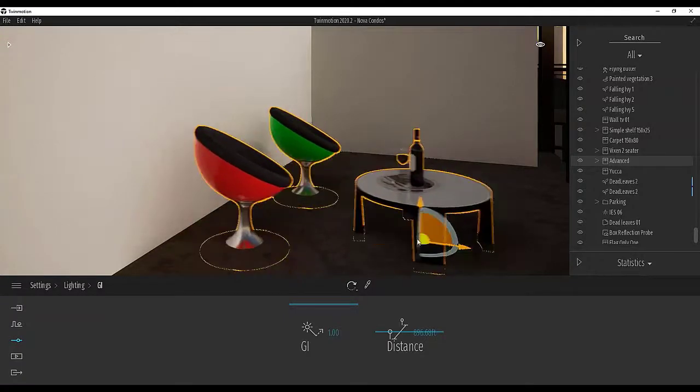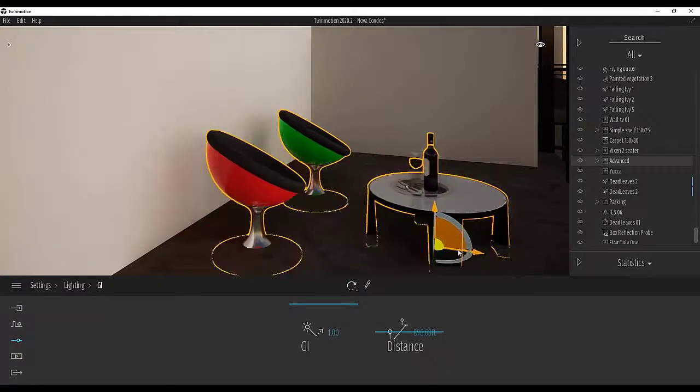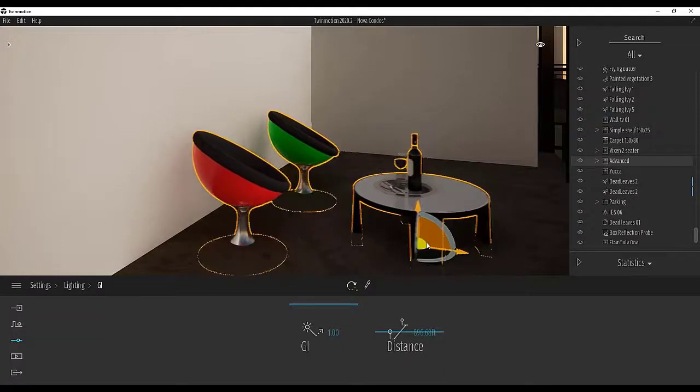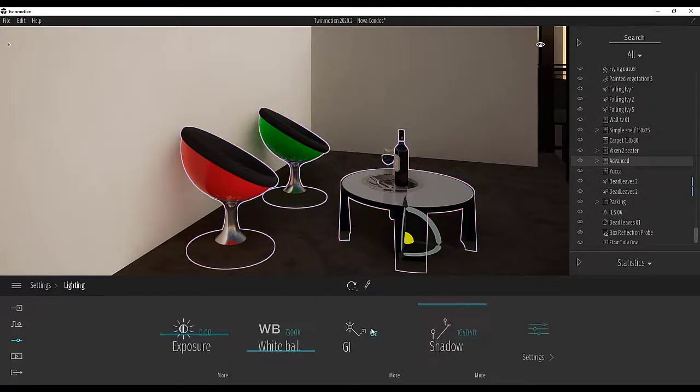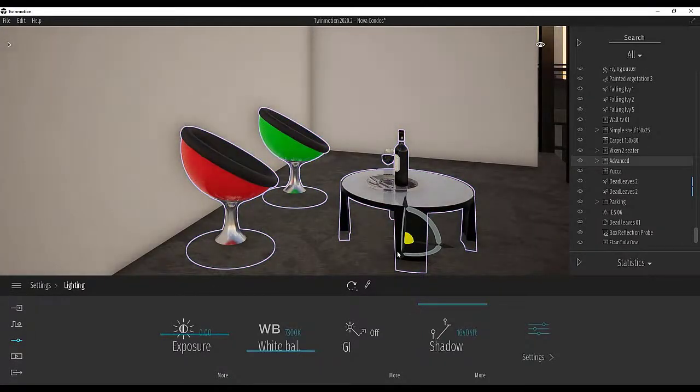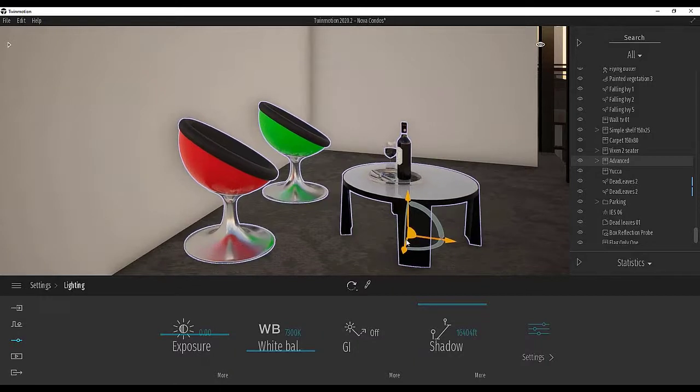Close to the wall, we see the green and red. Away from the wall, it gets a bit more blurred out. So that's how global illumination works. Again, turn it off, you don't really see that, and your items in the scene aren't really reflected